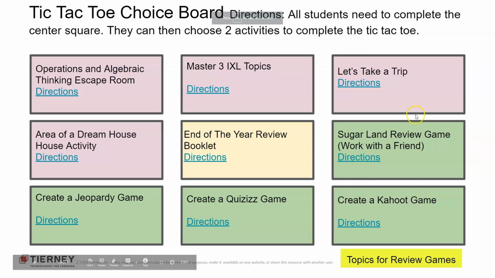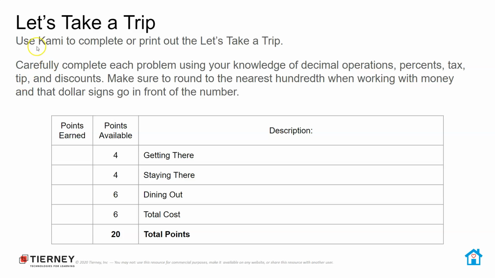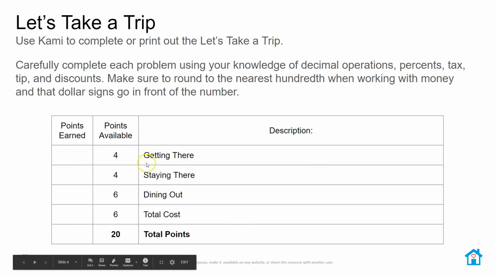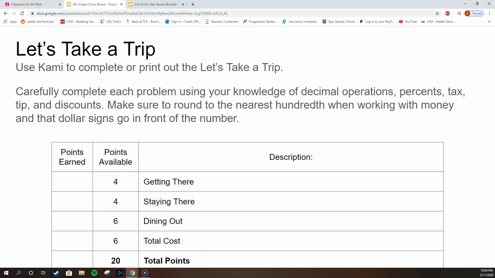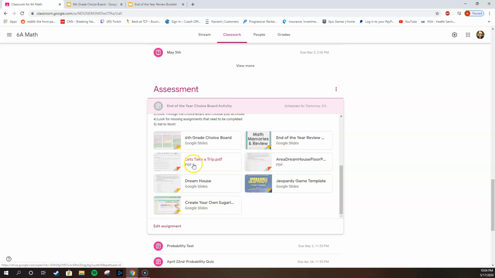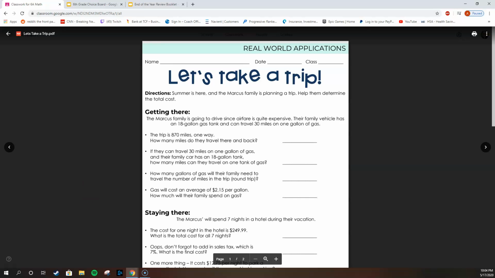The next activity is Let's Take a Trip. So you're going to use Kami or print out Let's Take a Trip. If you decide to print it out, make sure you take legible copies that I can read, or pictures that I can read, and upload them to the assignment when you turn it in. It goes over the different parts, and you will see that this is linked in your assignment. So you can work on it,